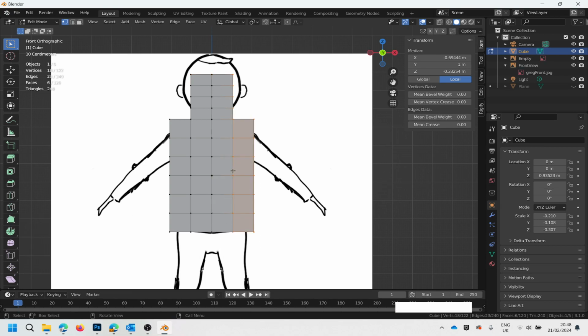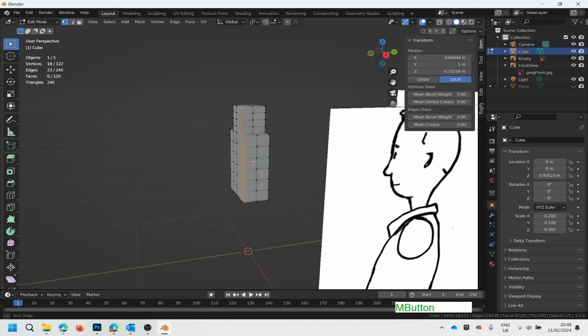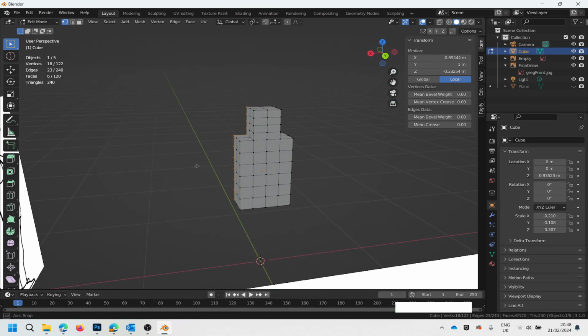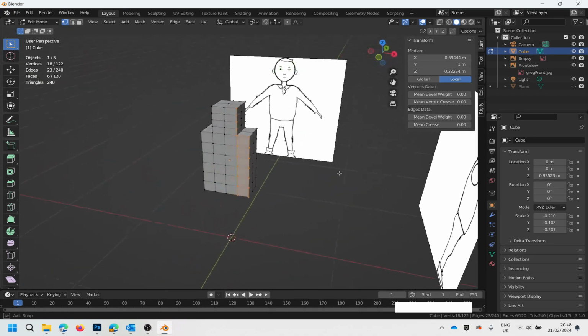Now if I just select like that, I get the right vertices. I'm not getting any of the wrong ones, but I haven't got all of the right ones. So if I zoom around with my orbit tool and have a look around the back, I didn't get any of those around the back. Now the trick for that